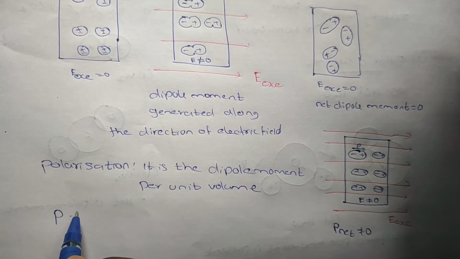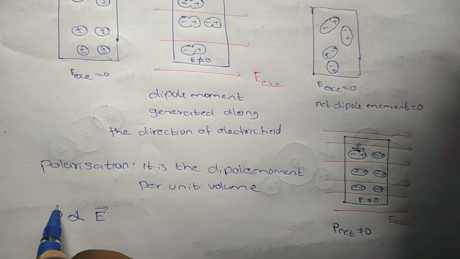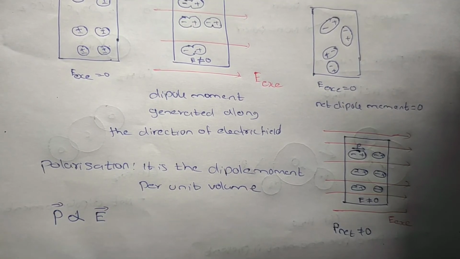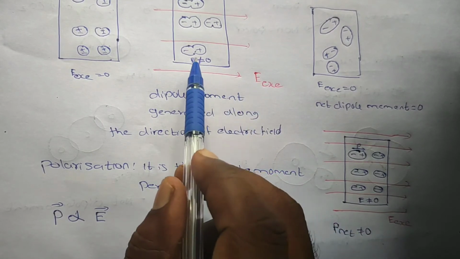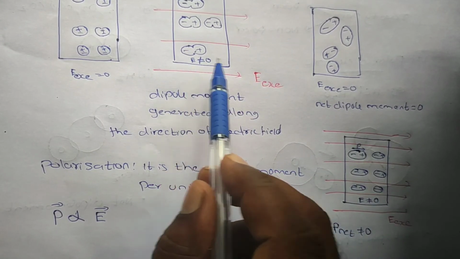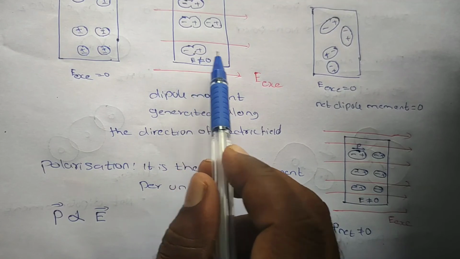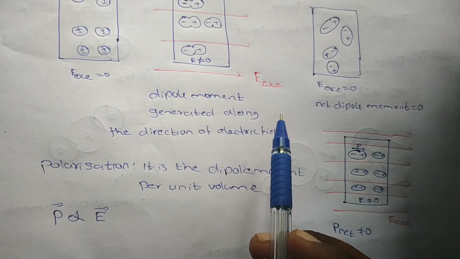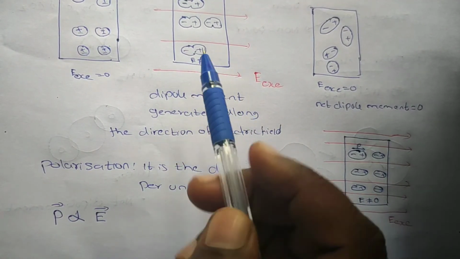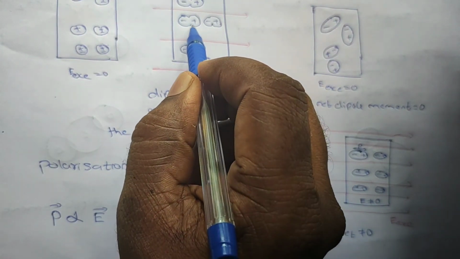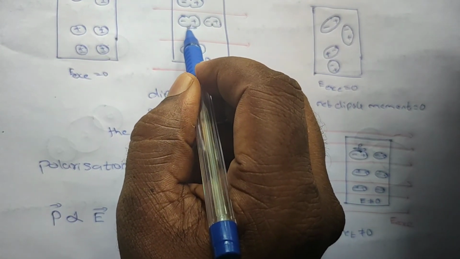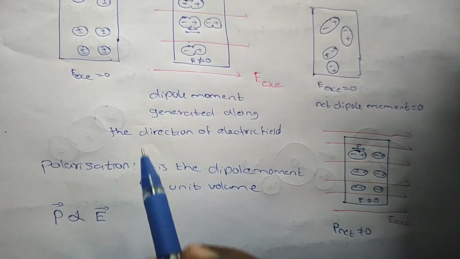to, is directly proportional to the electric field. That is a vector. Why? You see here, if the external electric field increases, the stretching will increase, and the positive and negative centers will be separated by more distance. Initially there is some distance here. You see that again the distance will increase.